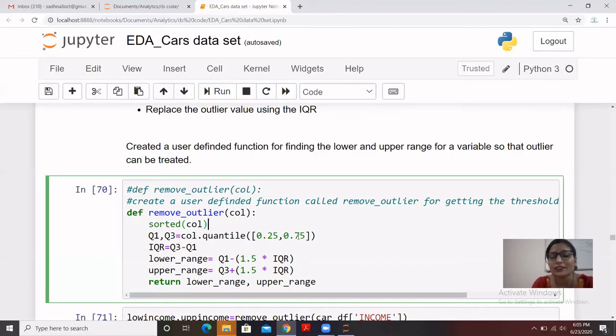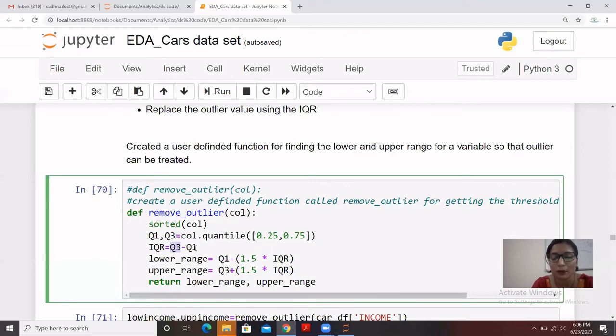The interquartile range is the difference between the upper and the lower quartile, which we have done here. So we have created a new variable, IQR. IQR is Q3 minus Q1, which is upper quartile minus lower quartile. Then I have created a new variable, lower range. Lower range is Q1 minus 1.5 times IQR, where IQR means the interquartile range.